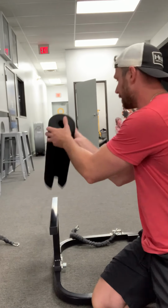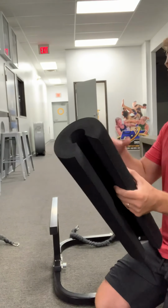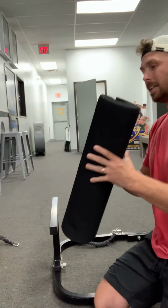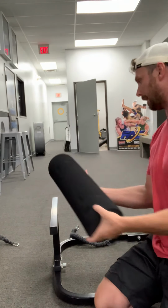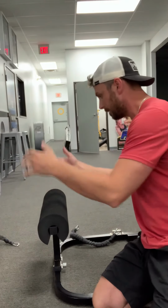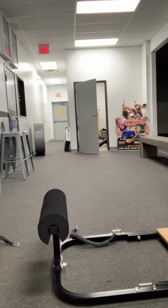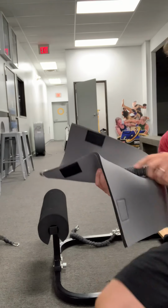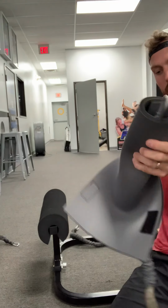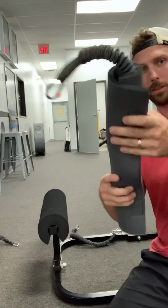The last thing here for me: this pad is phenomenal. It's thick, it is massive, it is stout. The downside is that with COVID and everything, sweat does get into this pad. Not the end of the world. What I did find is they'll send you this pad thing for the band. You're supposed to lay the bands inside of this and then Velcro it closed, so that it doesn't hurt you. I don't find these bands to be uncomfortable. So like this sleeve,